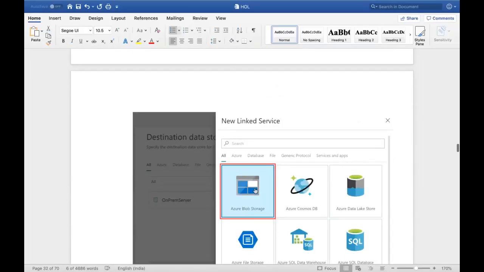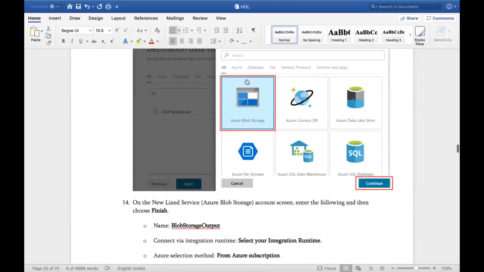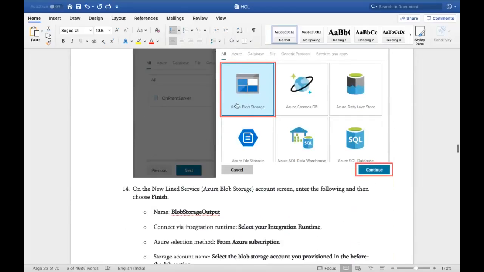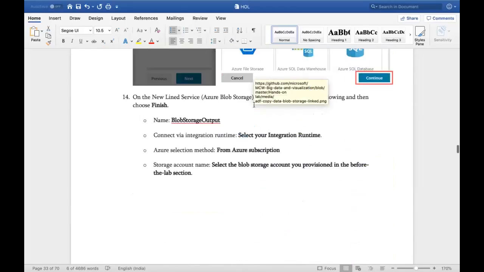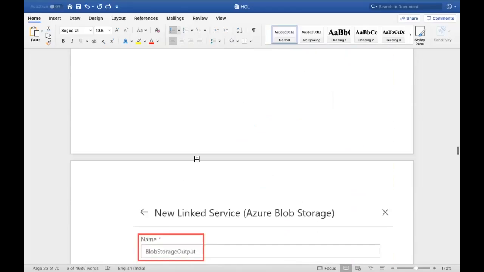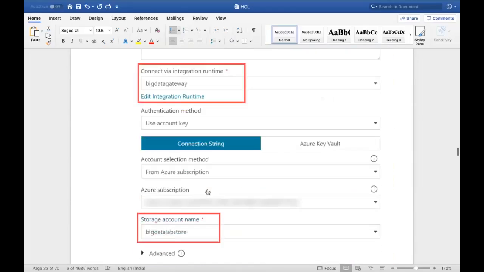But this is a tedious process, so I didn't do this. It will take a longer time to define my integration runtime, because in this document we are trying to map between your local system, local file, and your blob storage copying. So I don't want to do that. I just uploaded it directly here.